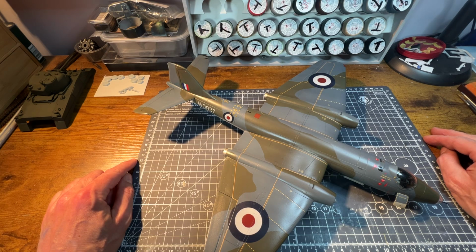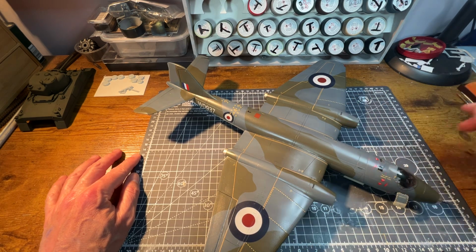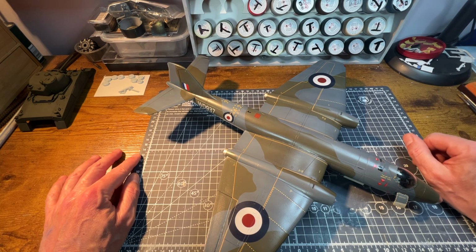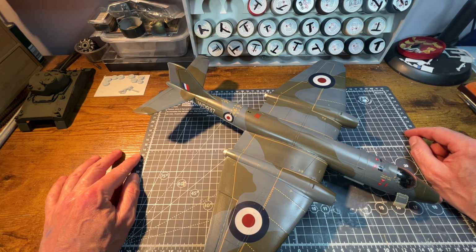I'm not sure it's in production anymore, and I'm not much of a kit collector, to be honest with you, but I do like to turn these things into something that people can look at. And that's what I've done here. I've done it with the TSR2, and I shall do it with a Lightning. So this is the second in a series of videos that I shall do. And these were all aircraft, so the TSR2, the Canberra and the English Electric Lightning, all aircraft